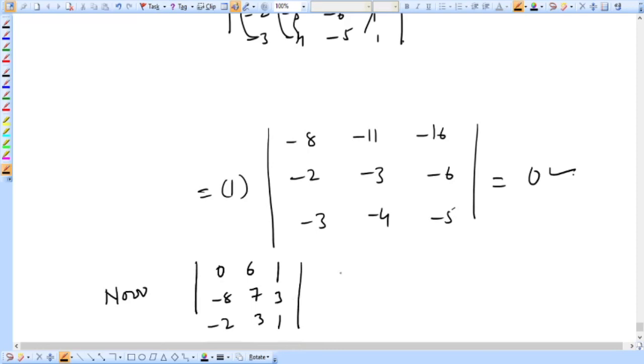Which is the submatrix of the given matrix, and its determinant, which we know is called a minor, is equal to 2. I have already calculated it, which is not equal to 0, therefore we have got at least one minor of order 3 by 3 which is not equal to 0. And also the minor of order greater than 3, that is 4, is 0, therefore we can say the rank of the given matrix is 3.